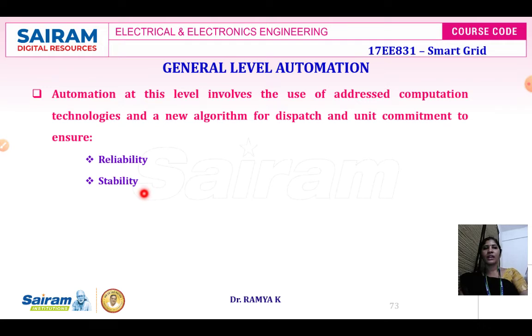Under that case, the voltage and angle stability assessment needs to be taken into account to ensure dynamic reconfiguration in response to system faults and disturbances. This will be taken care of in your stability analysis to ensure the generation level automation ensures the stability factor. Next, since many instruments like WAMS, that is wide area measurement systems, and phasor measurement units will prepare the smart grid environment to allow for real-time evaluation of the system.